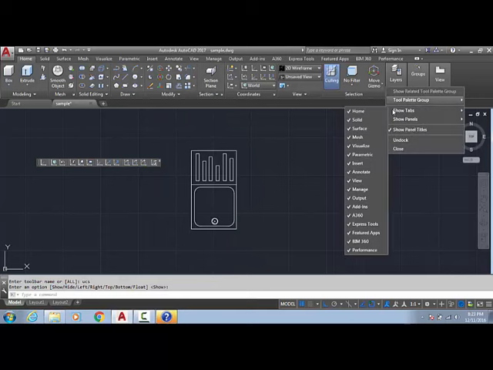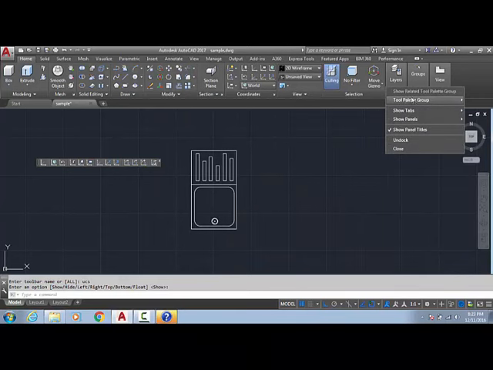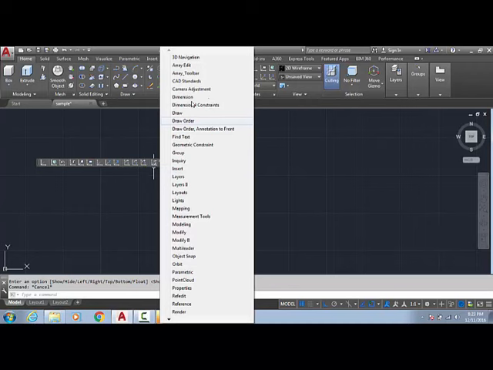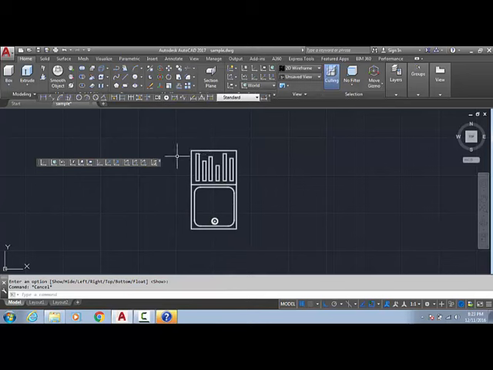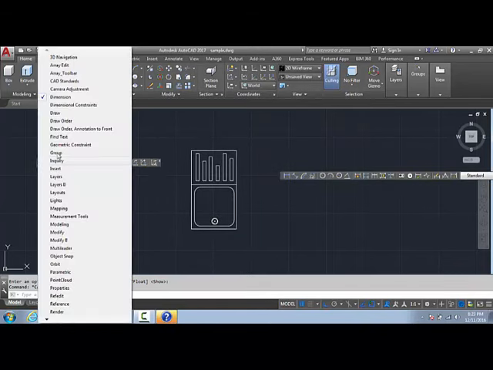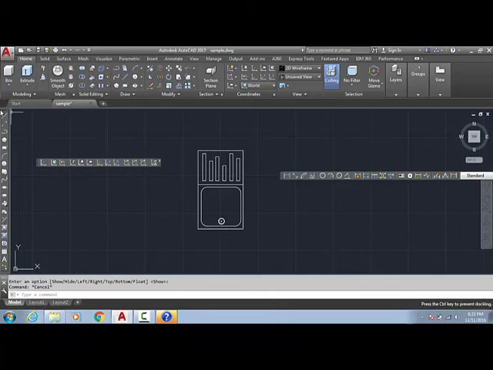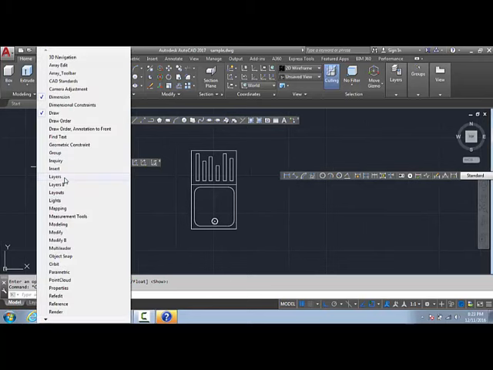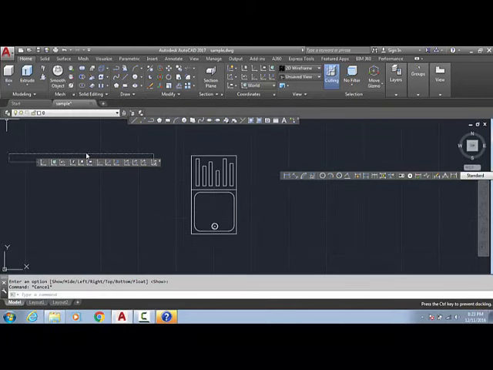In previous versions you would get one ACAD tool option here, and there would be all the proper toolbars, but it's not available in 2015, 16 and 17. So right click here, whatever toolbar you need. For example, I need the dimension toolbar, this toolbar I need. Again right click, I need draw, if you want the draw toolbar you can take this one. Right click, layers toolbar, here it is.